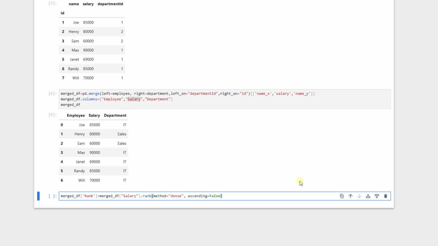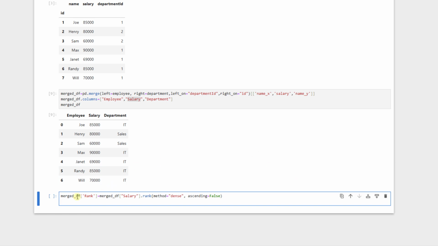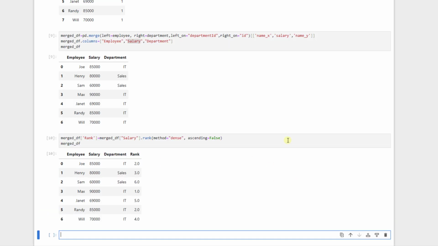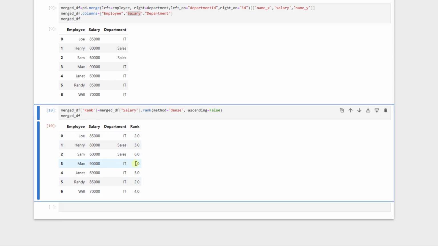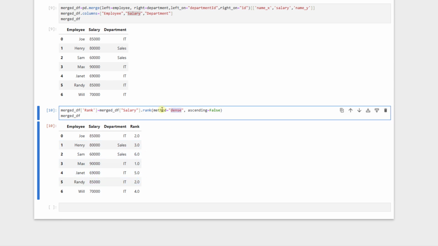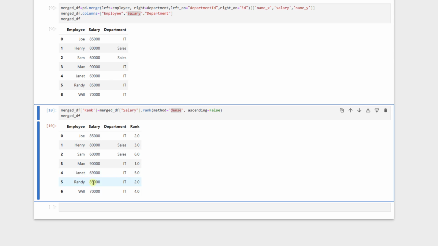Okay, what does it do? Let's just call it again. It ranks the salary based on a number. 90,000 euro is rank 1. 85,000 is rank 2, but because we have 85,000 two times, both of them have rank 2 because we use method dense. When you use method dense and we have two similar salaries, both of them will have the same